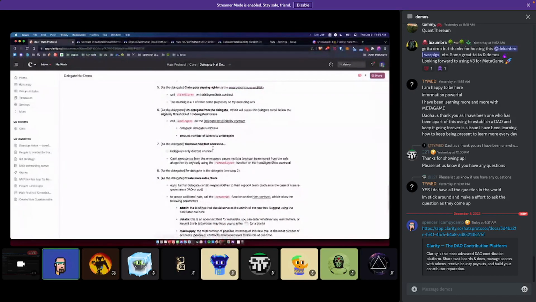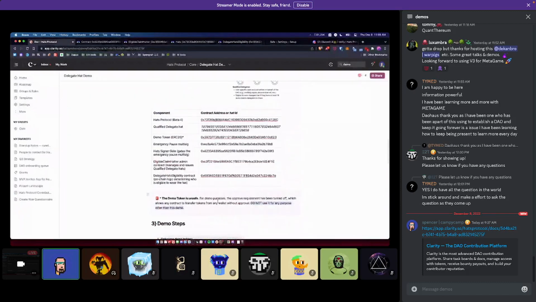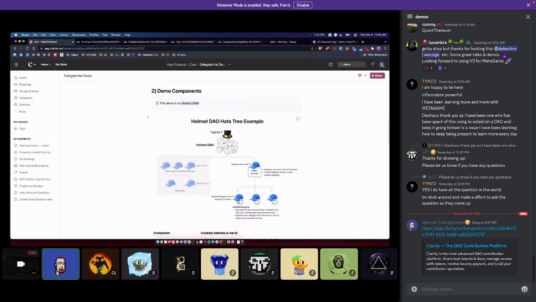If I had not lost my ability to delegate, I just want to talk a little bit about some other things that I could do. So Hats Protocol creates or enables a tree of hats. Any hat can be the admin of a child hat, and that child hat can also create and be an admin of a further child hat. It's quite a large space. So if I were to still have my qualified delegate hat, I could create additional hats to delegate additional responsibilities below me.